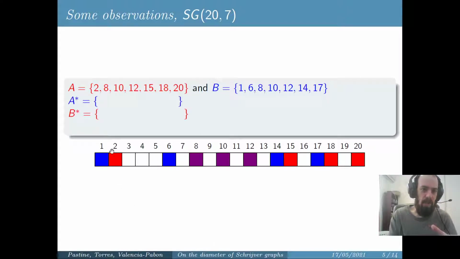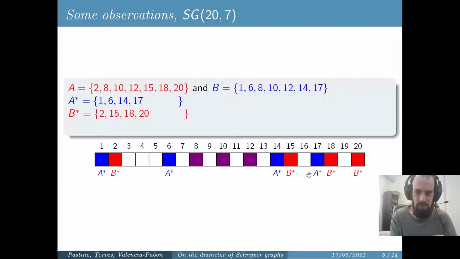Notice that whatever is in B but not in A, we can put in A star, because we want it to be disjoint from A. In the same way, whatever is in A and not in B, we can put in B star. Next, whatever is next to something in B star, we know that we are not going to use that in B star, so we can put that in A star, unless it is also next to something in A star. This is because of the Schrijver non-consecutive condition. And next, whatever is next to something in A star, we can try to put in B star. We can keep going that way until we have placed everything,